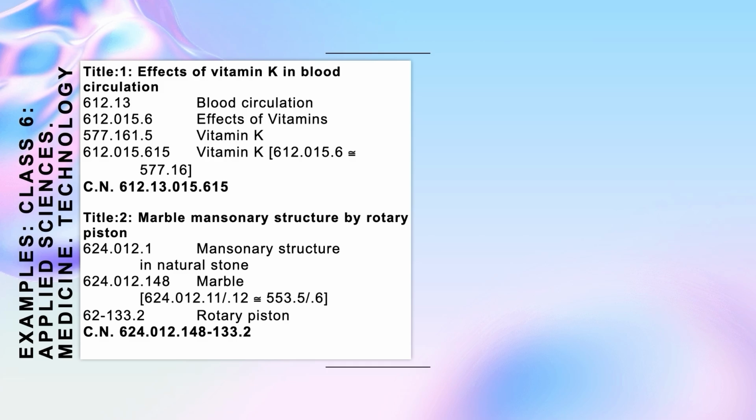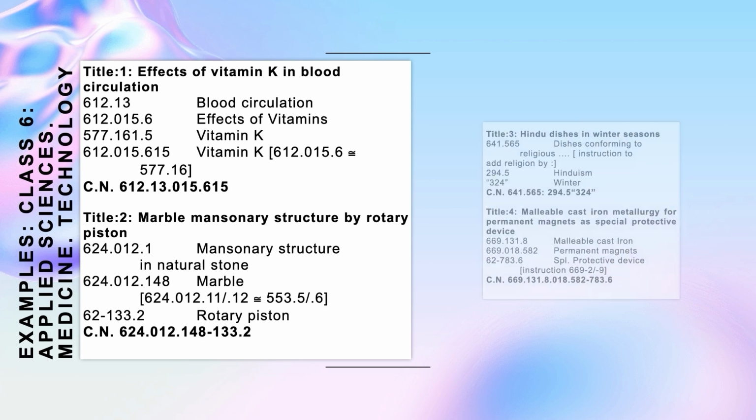So the class number for masonry structure in natural stone is 624.012.1, and marble 624.012.148. Basically this is constructed by using this instruction, that is 624.012.11/.12 subdivided as 553.5 to 0.6, and rotary piston is in the special auxiliary under 62-133.2 is rotary piston, and the class number will be 624.012.148